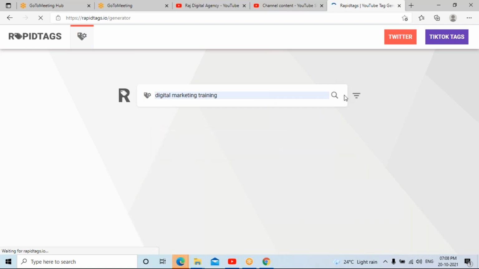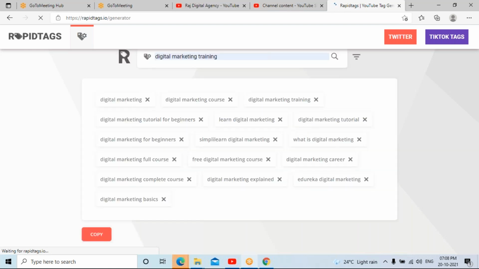I think I used the same thing yesterday. Yes. So here I can give the subject name and it generates the tags which are commonly searched by the audiences related to the particular type of videos.